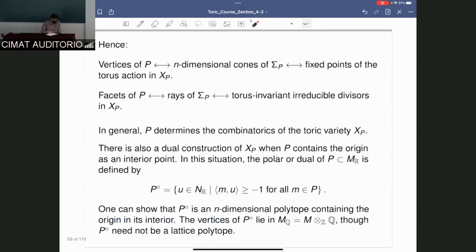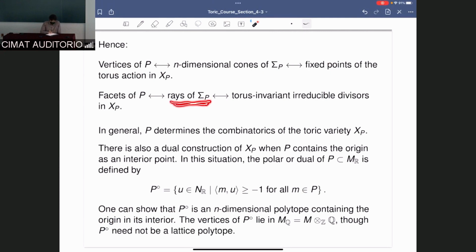Then let's write down some of that. The vertices correspond to n-dimensional cones of your fan and correspond to fixed points of the torus action. The facets of P, so faces of dimension 1 less than the whole P, in this case dimension n minus 1,